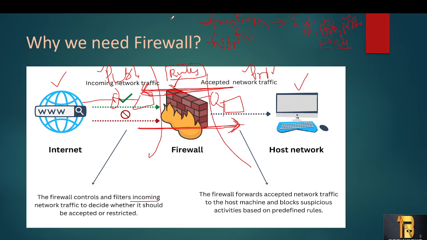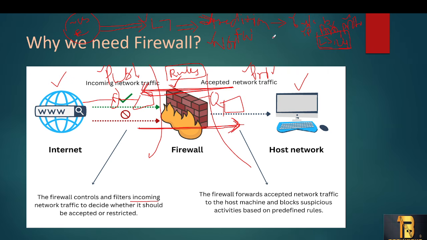If any L7 traffic comes, L7 means the application layer. In the OSI model you have learned about all the layers, right? In the application layer, most of the traffic comes from web browsers, or applications like Facebook, Instagram, Twitter. All this comes under L7 traffic. If this traffic comes to a traditional firewall, it cannot handle it, because it only supports up to L3 and L4.